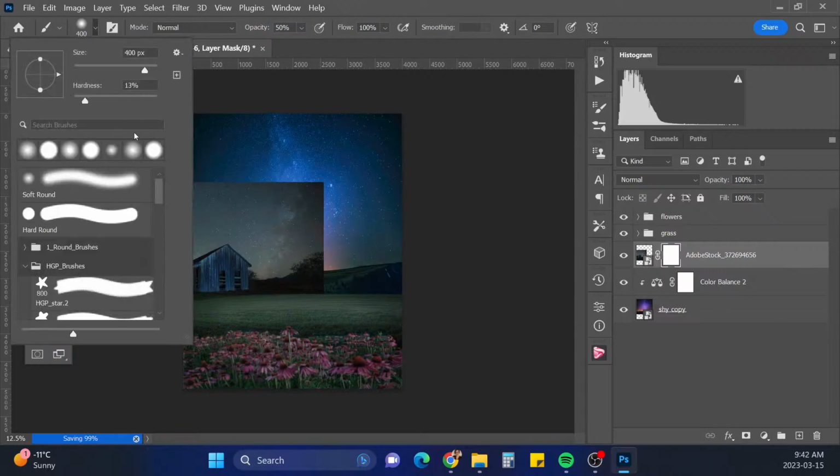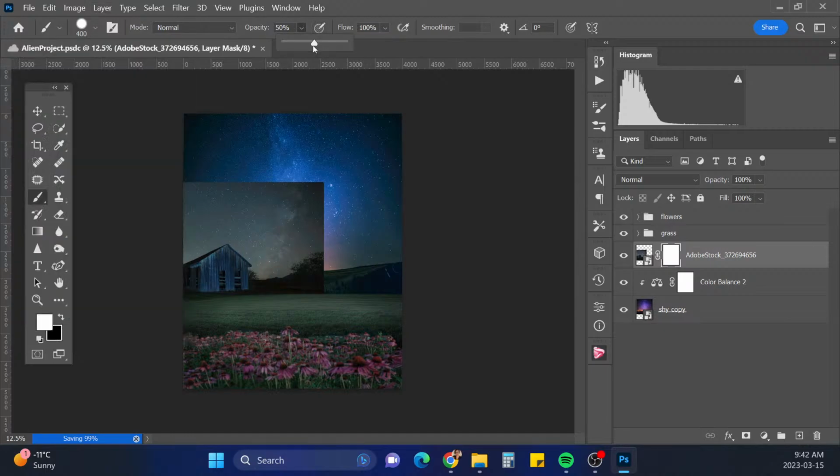And again, with a fairly hard brush at like 83%, 100% for this one. We're just going to select this bit out. Oh, I have the wrong color. We want black brush. I need a smaller one here.